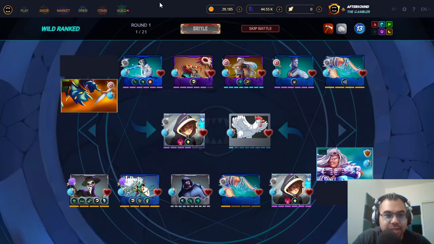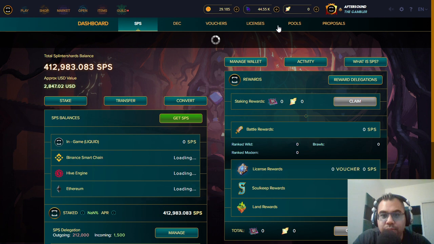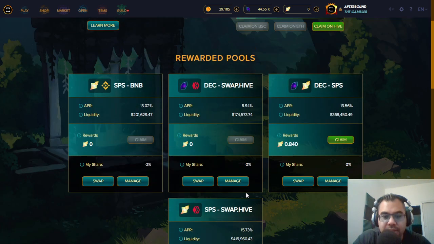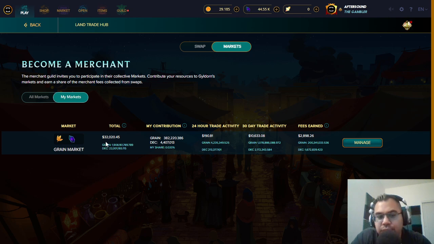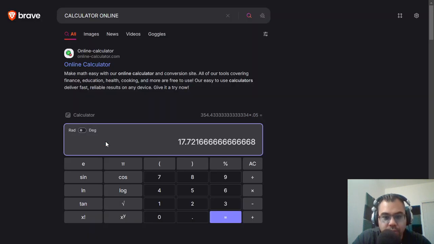So here's the thing. I knew this was going to happen, but let's go back to the pools page, and grain. We have about 32,020 is what we'll call it in terms of the total amount of capital or liquidity provided. So we're going to divide this 17.7 by 32,020, and that gets you 0.0005 as your daily percentage rate. You multiply this by the 365 days in a year, and check it out. Over the past 30 days, grain has been paying out a 20% APR on average. That's kind of wild to think about.